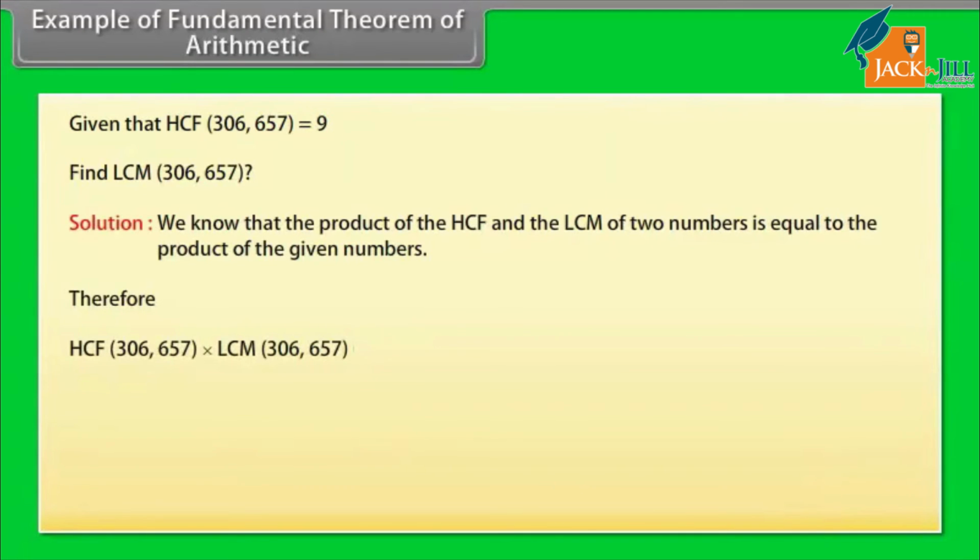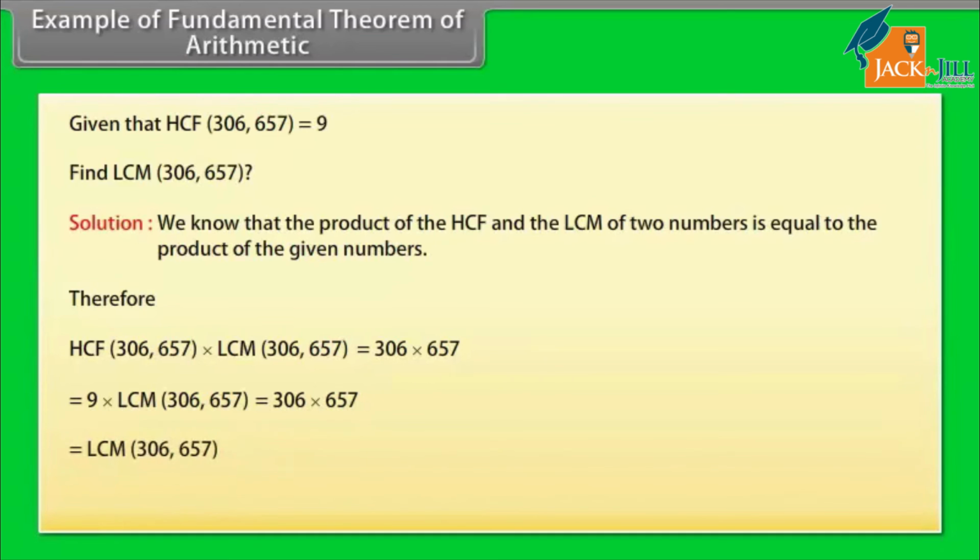Therefore, HCF(306, 657) into LCM(306, 657) is equal to 306 into 657, so 9 into LCM(306, 657) equals 306 into 657, which gives LCM(306, 657) equals 306 into 657 upon 9. LCM is equal to